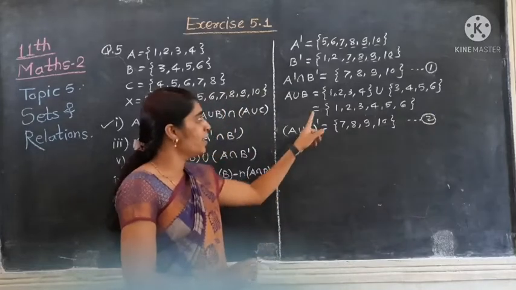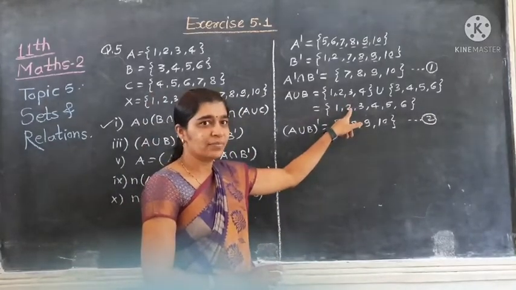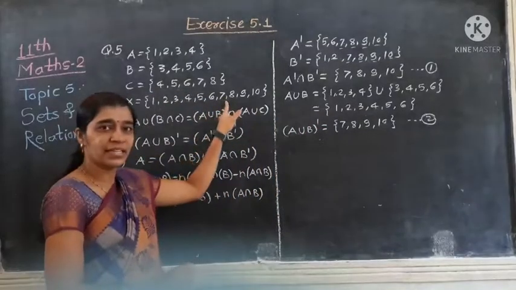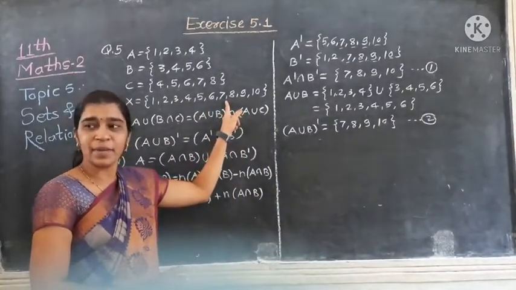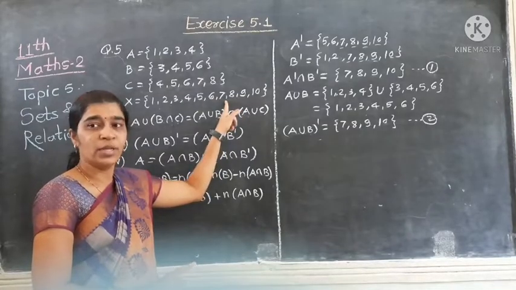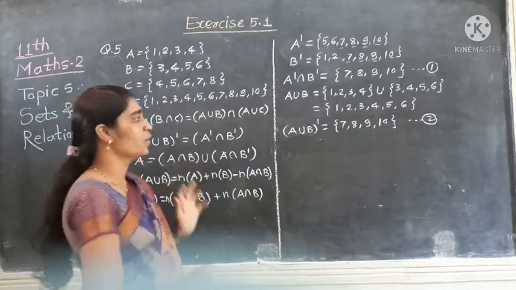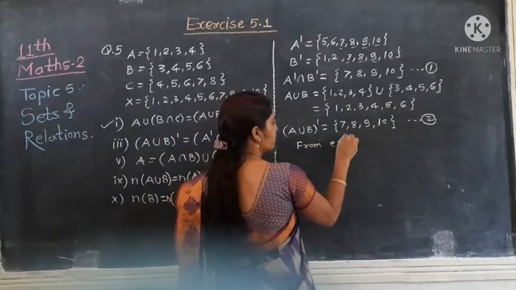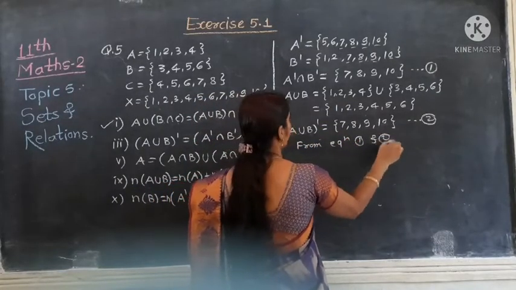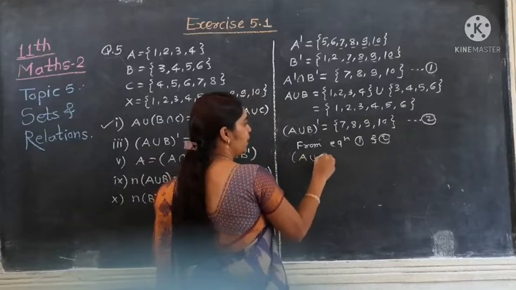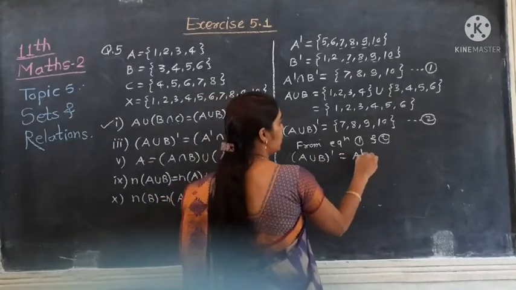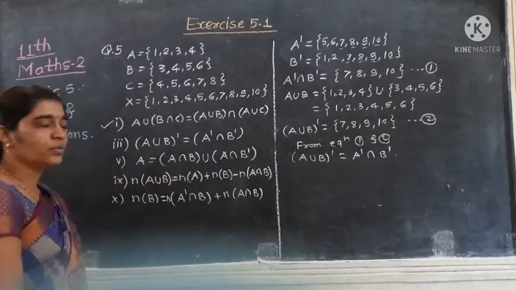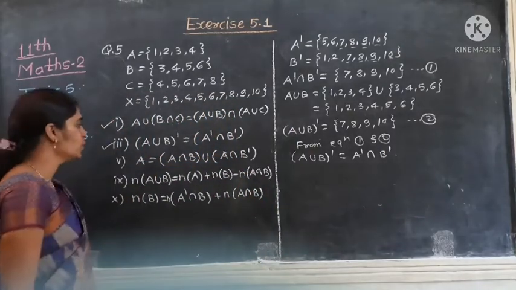कॉम्प्लिमेंट म्हणजे काय म्हणाले बघा, या सेट मध्ये नाहीत, A union B मध्ये नाहीत, पण युनिव्हर्सल सेट X मध्ये आहे. युनिव्हर्सल सेट आपण U ने डिनोट करतोय, पण इथे त्यांनी X दिलेला आहे. Okay. Observe from equation 1 and 2. We write A union B, its complement is equal to A dash intersection B dash. Hence the proof. Okay. We completed this also.